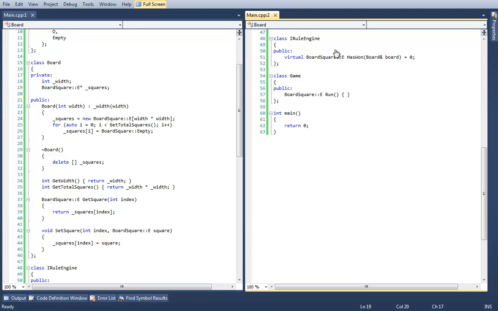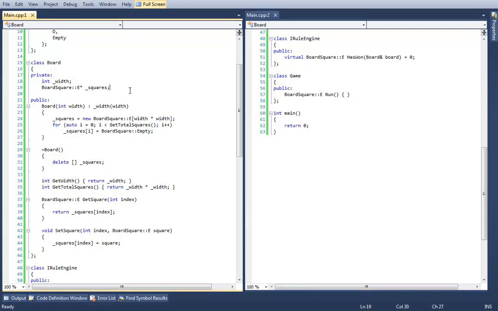Can you explain what data type BoardSquareE pointer squares is exactly? Well, the data type of this field is a pointer, but when I'm instantiating it as an array, it is a dynamically instantiated array that I reference by using a pointer. So this is a pointer to BoardSquareE. I think I speak for many when I say, huh? It's a pointer.